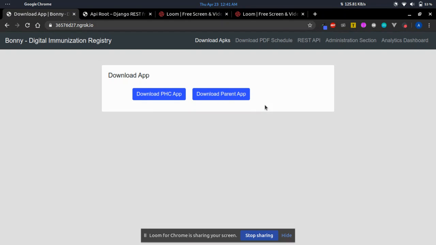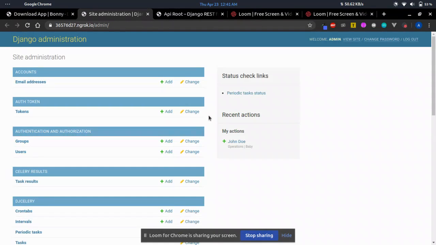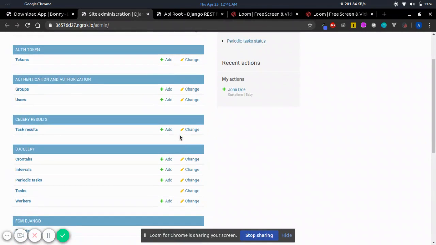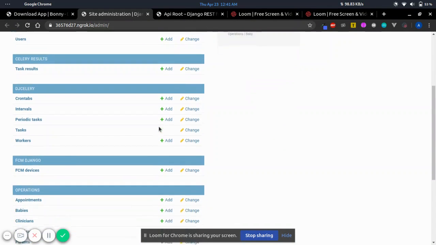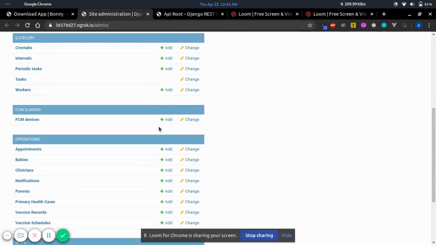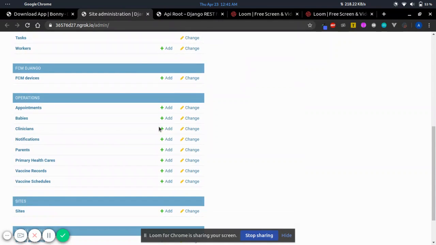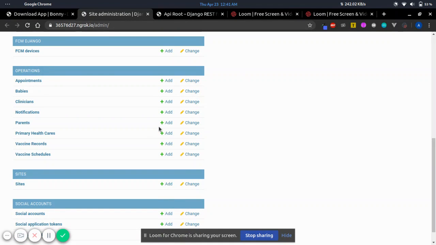With that, we have the administration section that is used to do administrative tasks like scheduling a periodic task, updating user info, email, IDs, passwords, etc., and performing any manipulation in the actual application data.